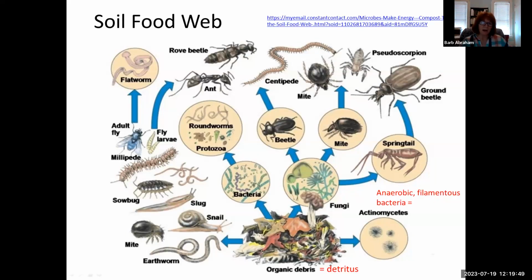But look at all the different kinds of arthropods that take part in the soil food web. Here's a sow bug or a pill bug, millipedes and centipedes up here. Insects, here's a fly, a rove beetle. I'll show you photos again. Ants, mites, lots and lots of mites, and they feed at different levels. Pseudoscorpions and other arachnids are all predators, except for a few mites. So anytime you see a spider, a pseudoscorpion, a scorpion, they're all predators.